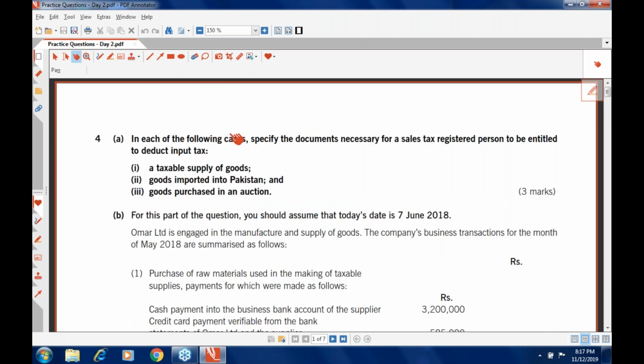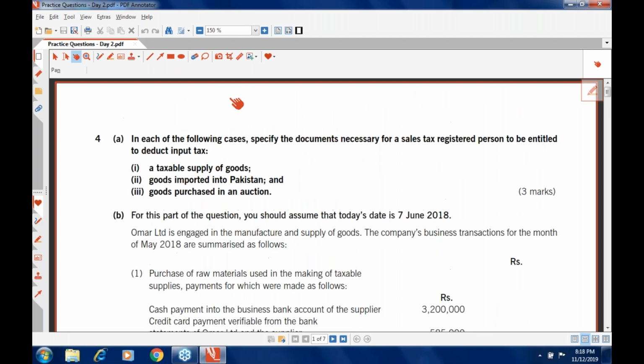Zishan Abdul Rahman, you're asking a question: should further tax be collected from an unregistered person on sale of third schedule items by an importer? Now, when we talk about third schedule items, there is an SRO which prescribes that there are a few items on which further tax is not applicable. If third schedule items are being sold to a consumer, then no further tax is applicable on them.